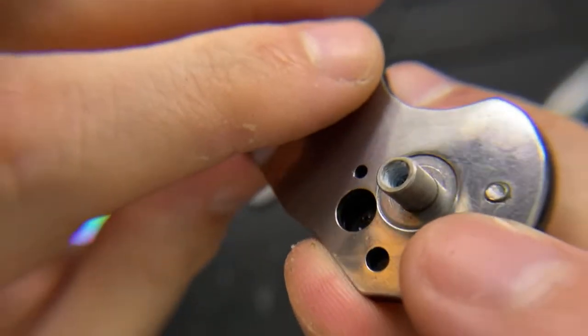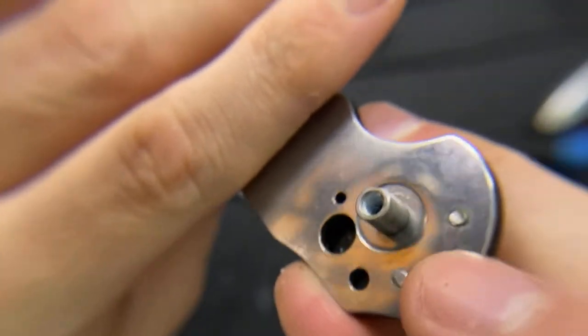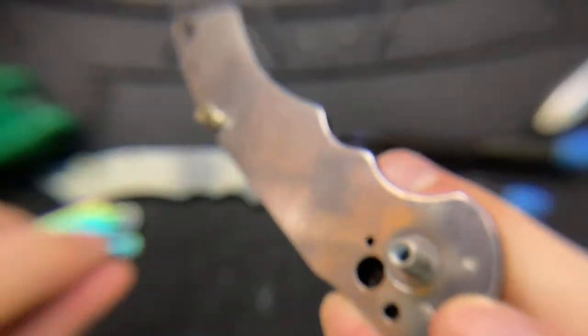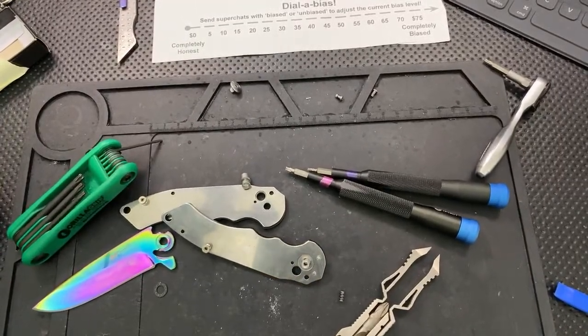What that means is that at some point in time, somebody over-tightened this pivot screw, and this steel is not super hard, and as a result, the bearings, which appear to be... holy crap, they're ceramic. The ceramic bearings pressed into the pivot, into this steel, and now as a result, the bearings are kind of jumping in and out of pockets. It's like little speed bumps, basically, for bearings. So that's why this has a terrible action. In theory,